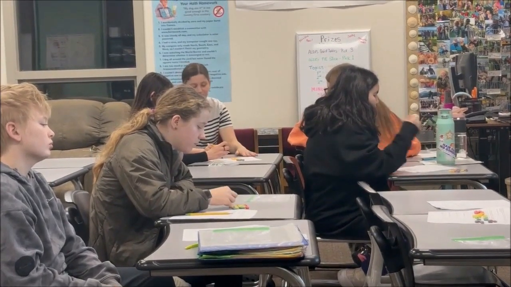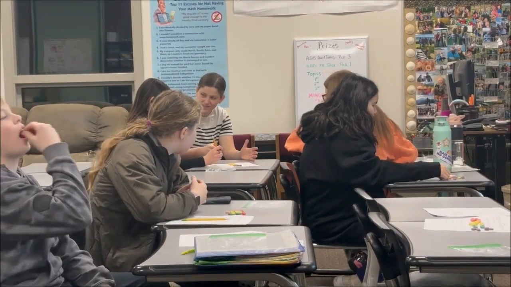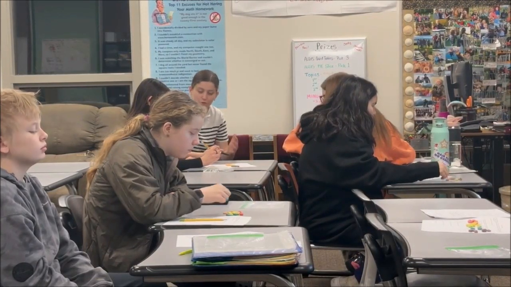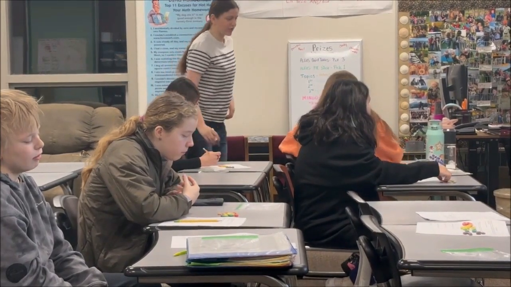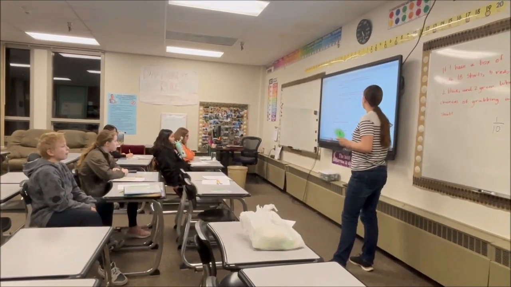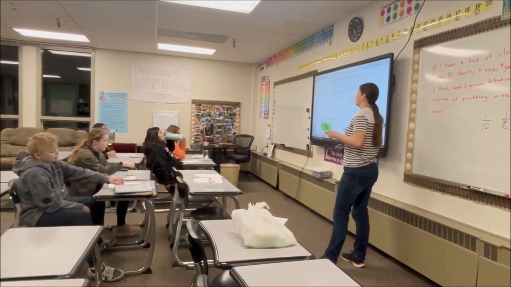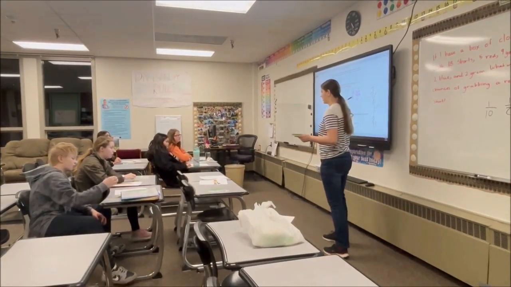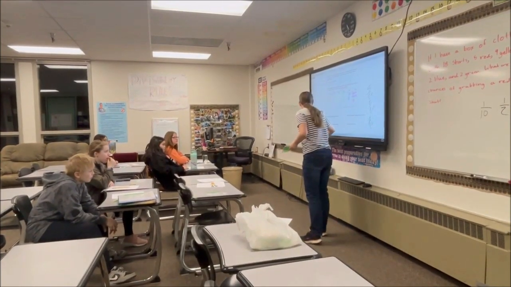Alright, so for this one you at least have your work, and that's really good. Just remember to write the color down too. So you have the work figured out, just not the actual answer. So you got it. You know what you're doing. Yeah, you did really good. Just remember to simplify if you can. It's not wrong if you don't simplify, but it's not the most correct you can be. So, do you want to go over this one as a class and work together, since I think you guys are all experts on it now.